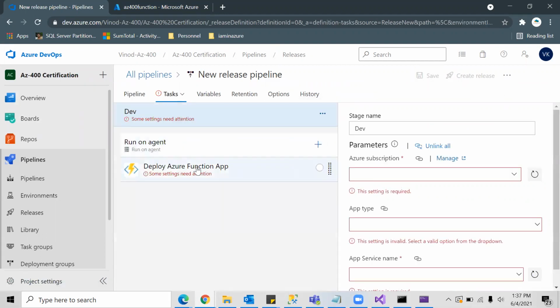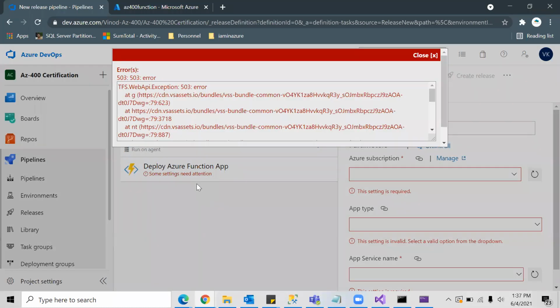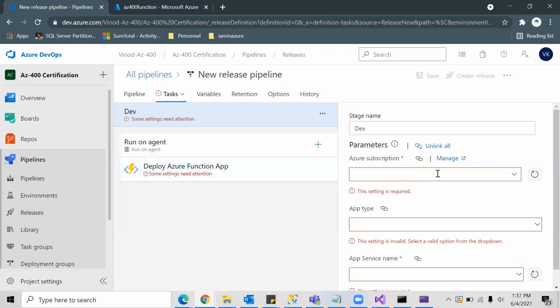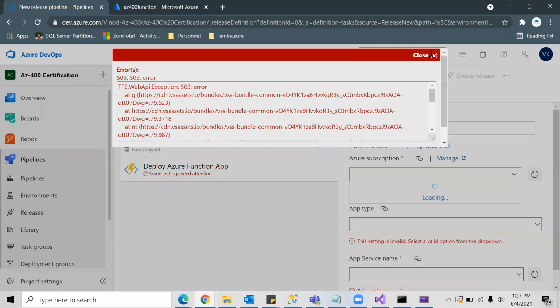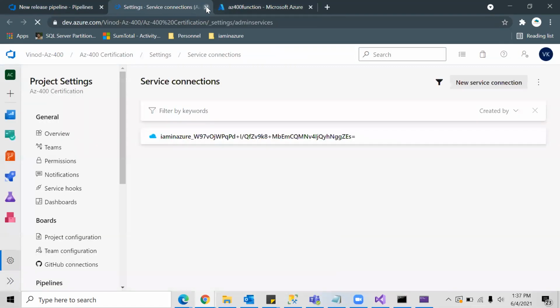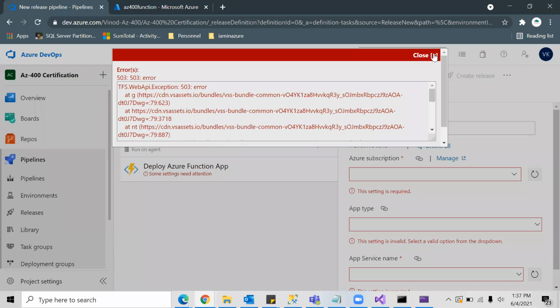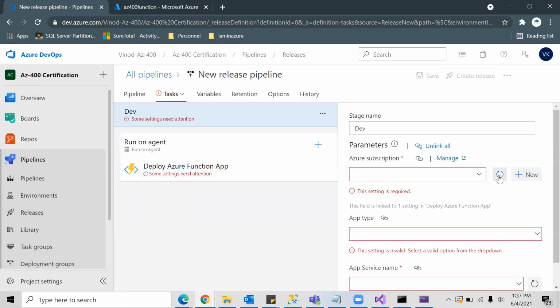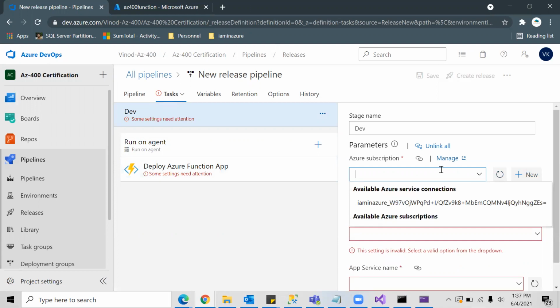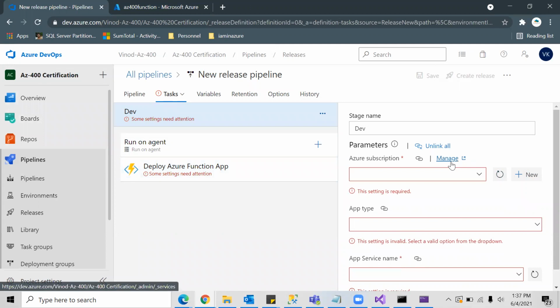I can go to jobs, and this will list the tasks that are under this. I'm going to choose this, and here it will ask for the subscription. Let me just refresh this. Okay, so here I have a service connection. You can use the subscription or the service connection. If you have a subscription, it will list out here. I have already created a service connection, which you can directly create. Go to this manage. When you hit manage, it will open